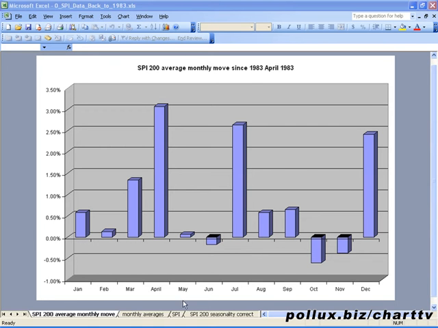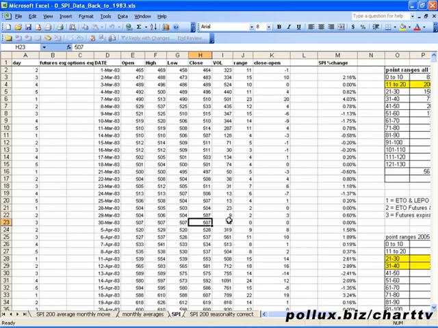Basically what I've done is I've taken a spreadsheet of the open, high, low, close data, and I've shown in previous episodes how to get this free from Yahoo. If you haven't seen that video, look it up, and that will show you how to find free end of day data on the net. It's right there, it's free, so why not make use of it.